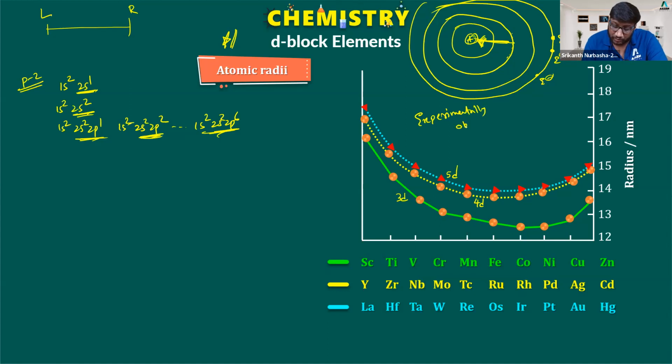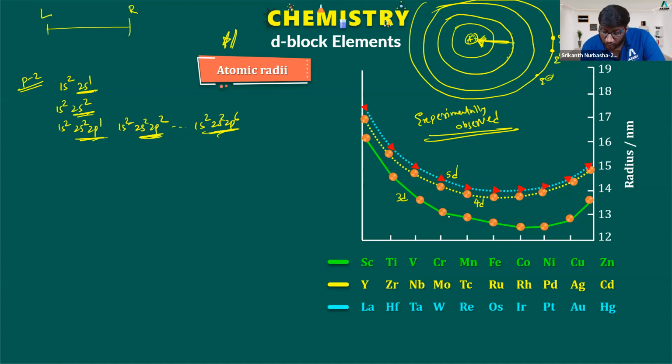Experimentally observed. So the experimentally observed things are true. That is what is happening in reality. So whatever theory we have, we should frame our theory in such a way that it will explain the reality. Experiment means that is the real situation. So in reality, how is the atomic radius varying?